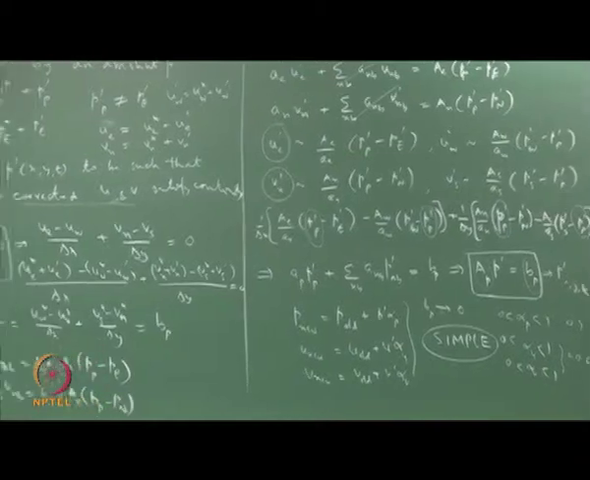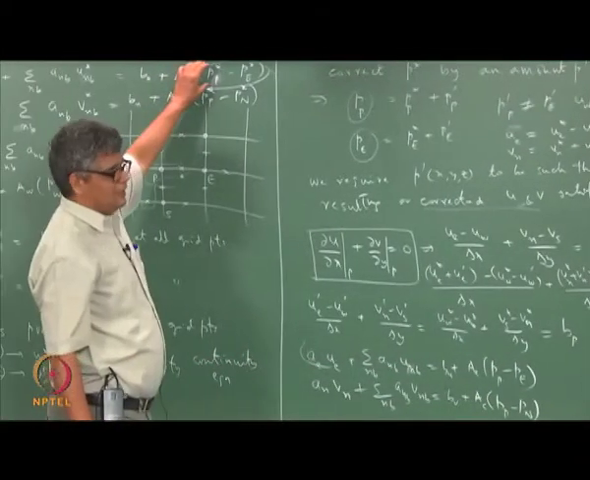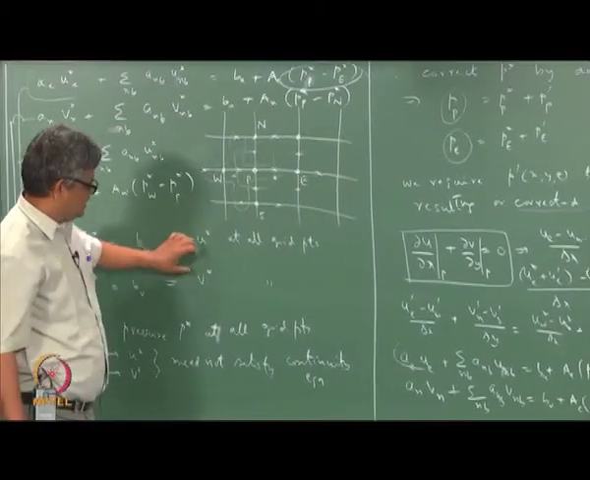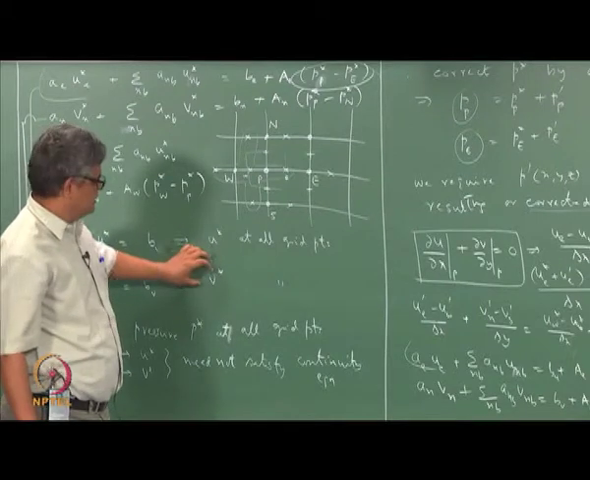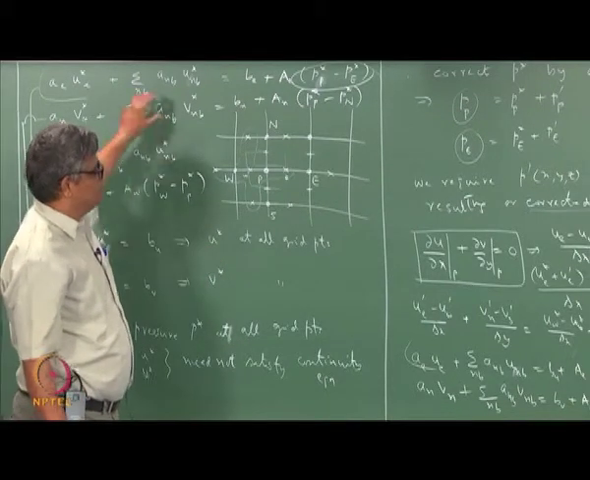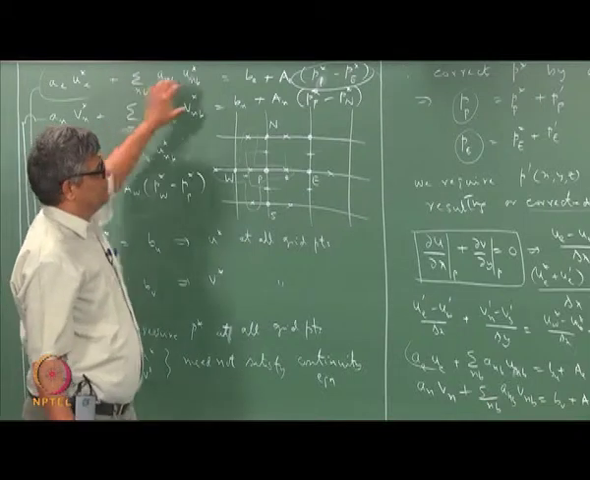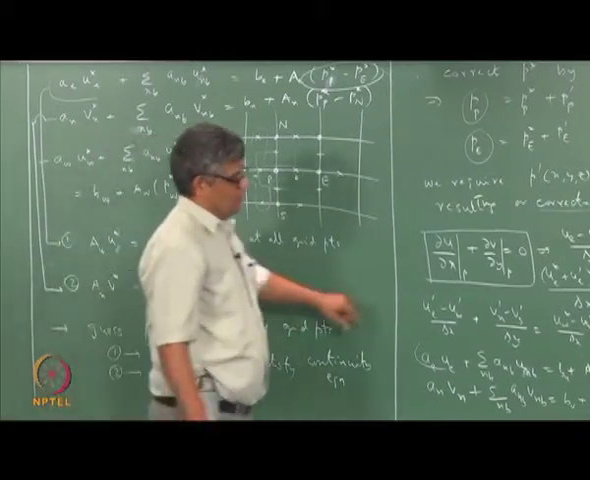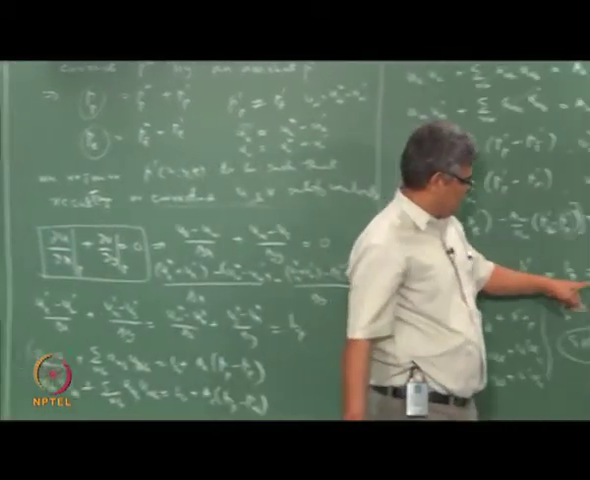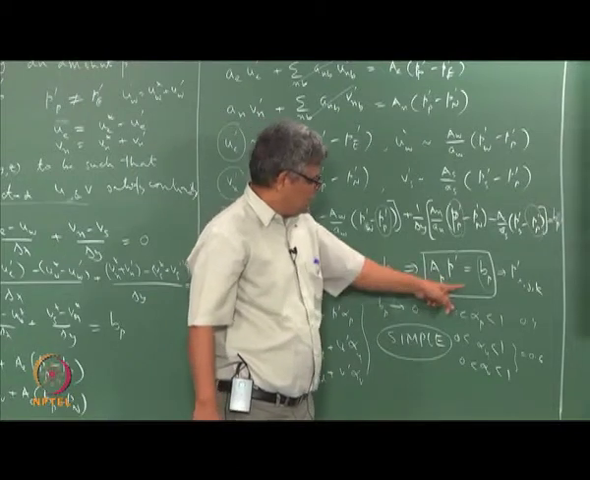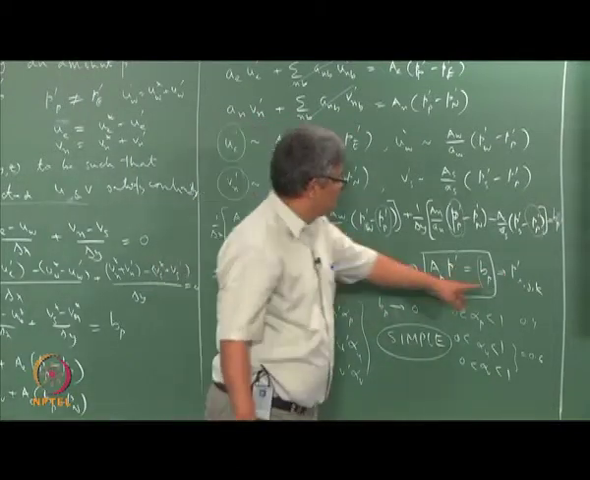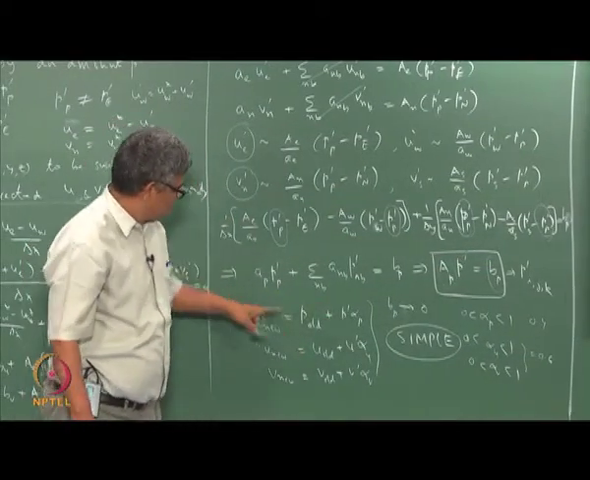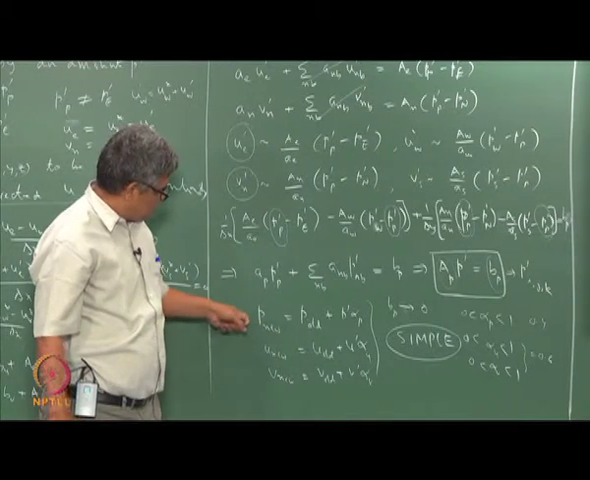loop, starting with a guessed or old value of pressure. We get u star and v star, old values of u star and v star, which satisfy the discretized momentum equation with the old pressure field, and using this old u star and v star we solve the pressure correction, and then we get the pressure correction at every point, and using the pressure correction we evaluate the velocity corrections, and using these under relaxation formulas we update and get the new values of P, U